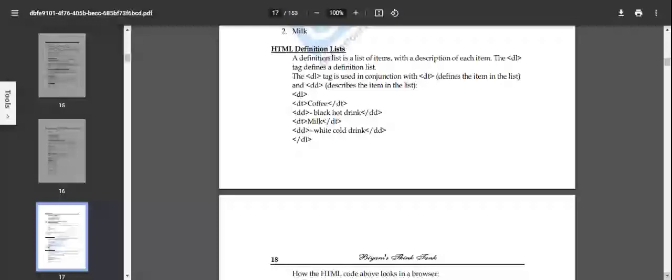HTML definition lists. What is a definition list? A definition list is a combination of items with a description of each item. That is, the list item will be displayed here. The DL tag is used for defining definition lists. How do we write or use a definition list? Let us see. The DL tag is used in conjunction with